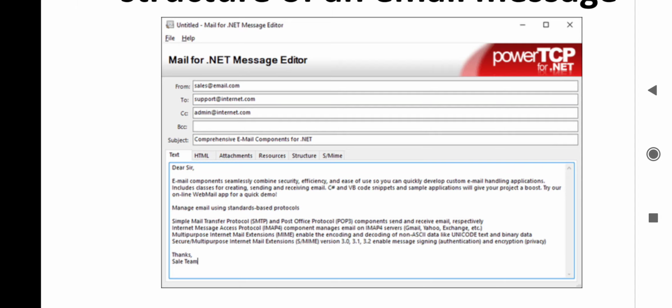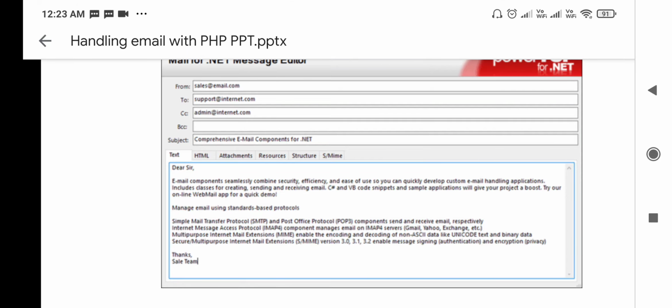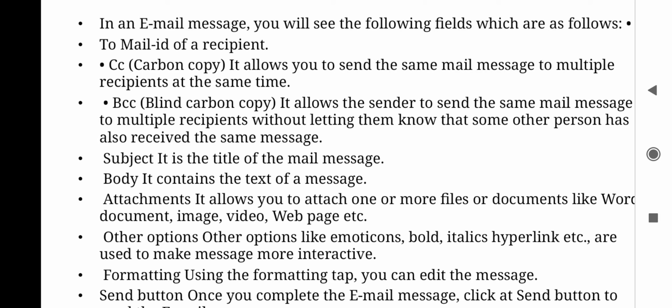We are not using these fields regularly, but these fields are also important. Here CC means carbon copy. It allows you to send the same mail message to multiple recipients at the same time. And there is one more field, BCC, which means blind carbon copy.